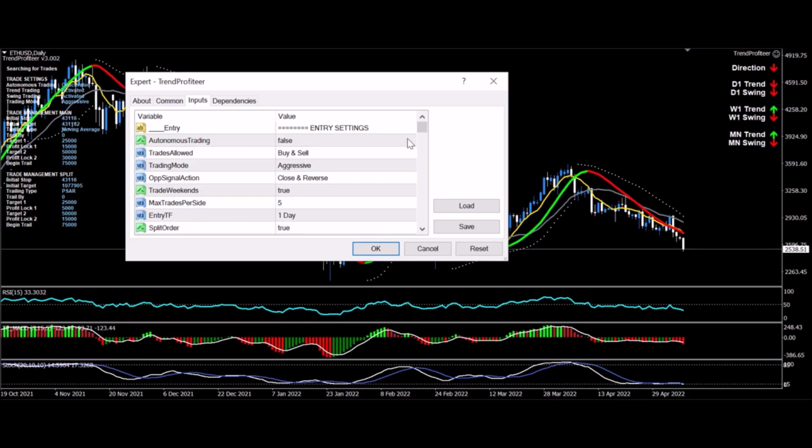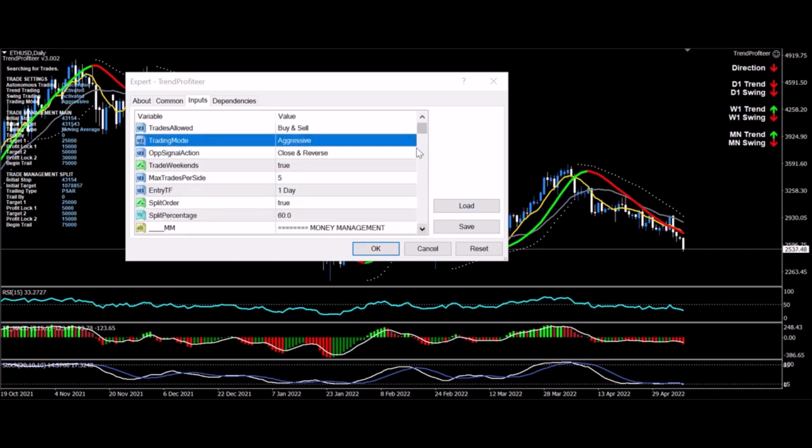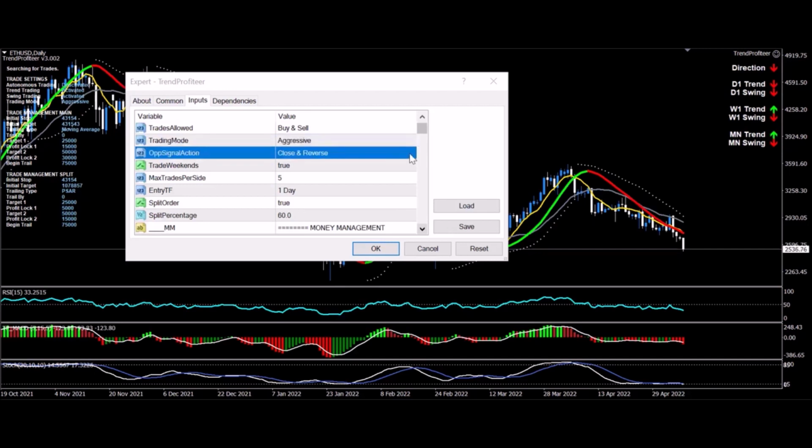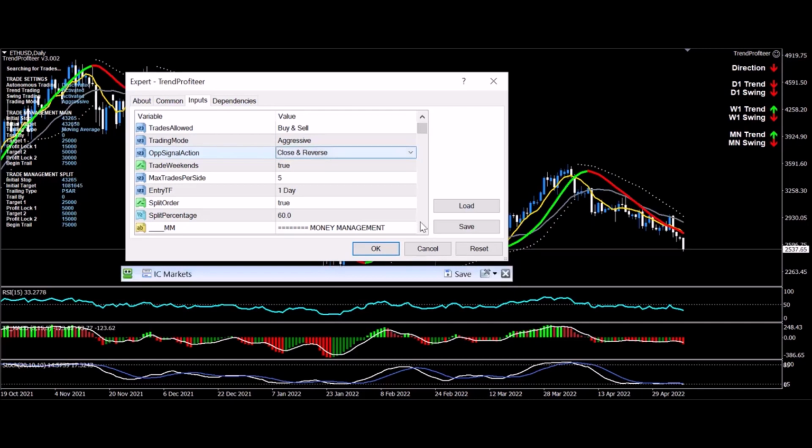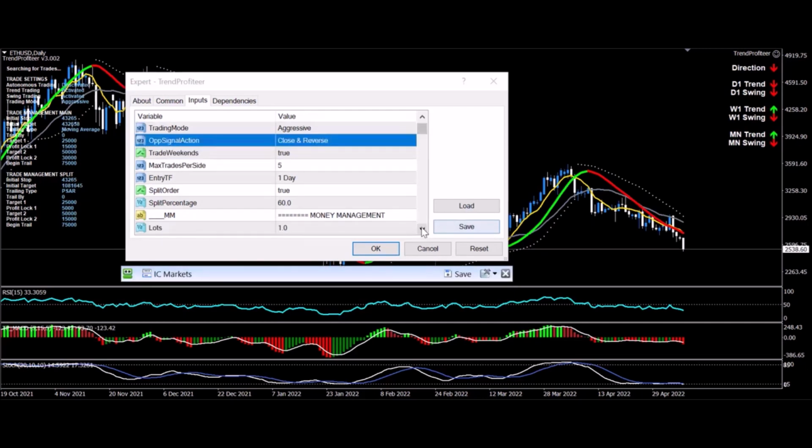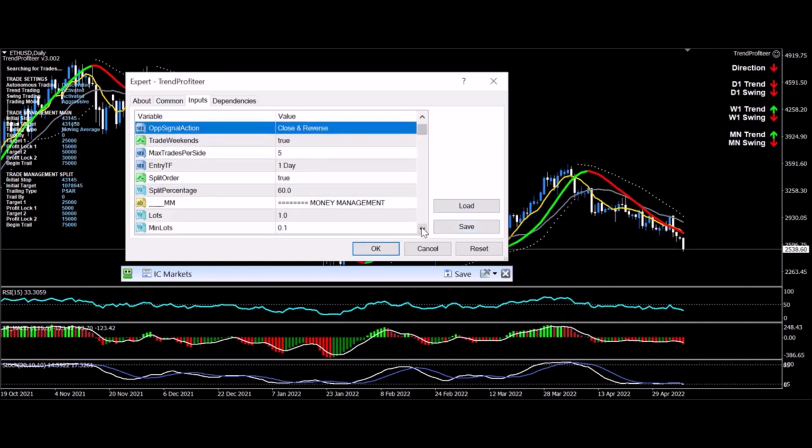It will execute it and manage it totally automatically. Whether you want to trade up or down, buy or sell, whether you want your trading mode set to aggressive or conservative, what to do when you face counter trends. Do you want to close the current trade and go in the opposite direction? Do you want to ignore it, or do you want to open it as well as having your current trade open? Okay, whether you want to trade weekends,